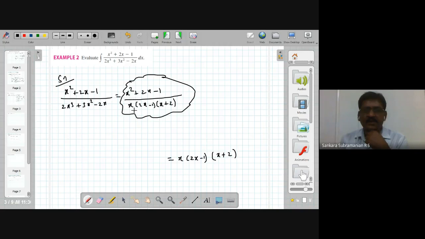You see the denominator term is linear. Linear means every product term has a maximum degree of 1. And it is not repeated, which means there is no term with x plus 2 the whole square, no term with 2x minus 1 whole cube, and no term with x cube or x square. Nothing is repeated. So this comes under case number 1 of partial fractions. So what to do? The rule says that we know